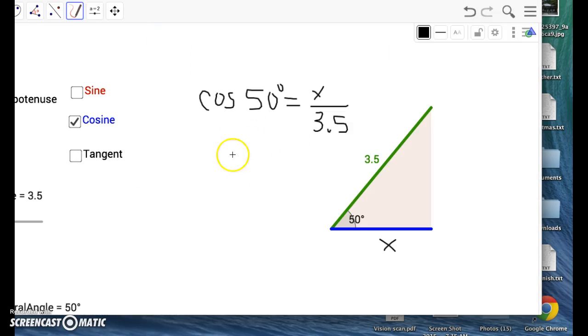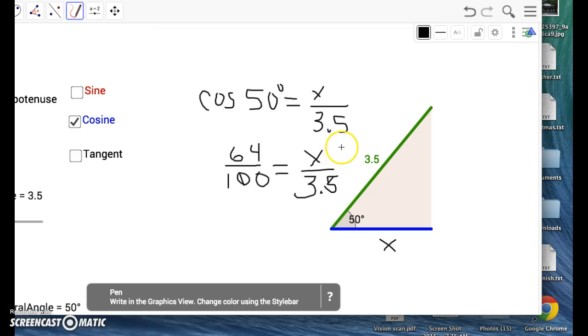One thing you could do is replace this number with 0.64, which is 64 over 100. So 64 over 100 equals x over 3.5. You want to get x by itself, and if you multiply this side by 3.5,